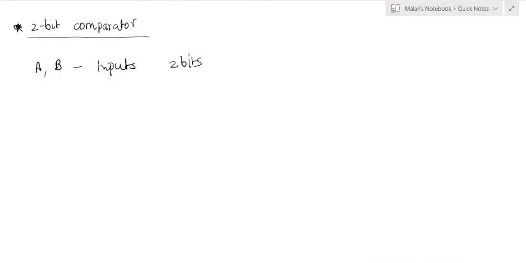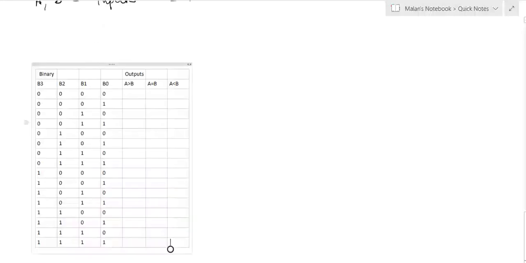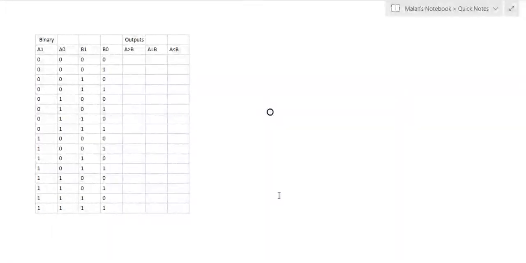Now when I take the two variables, each 2 bits in size, then the possible input combinations will be 2 raised to 4, that is 16 possible input combination values we have to consider to find the truth table of the 2-bit comparator. Now, when I take the 2-bit comparator combinedly, then B0, B1, A0, A1 are the 4 bits we are giving as an input to the 2-bit comparator. The possible input combinations will be 0000 to 1111, so total 16 combination values will be there.